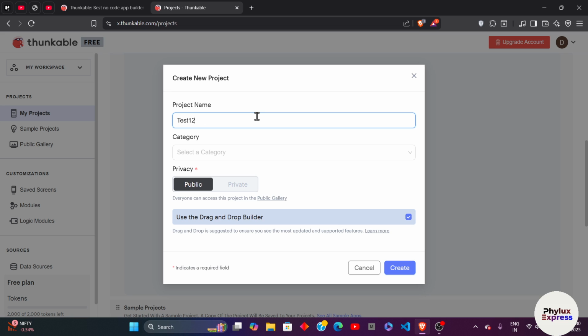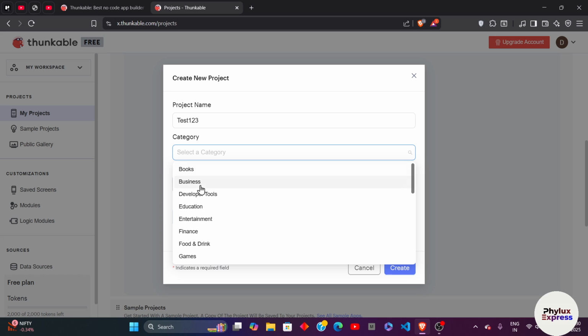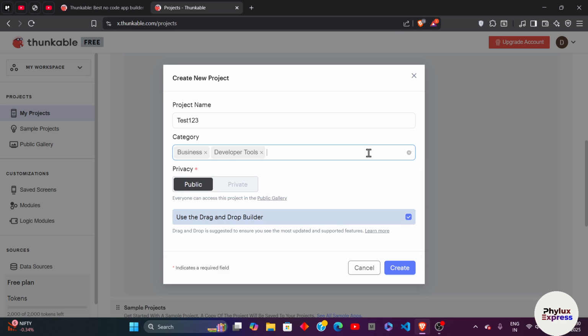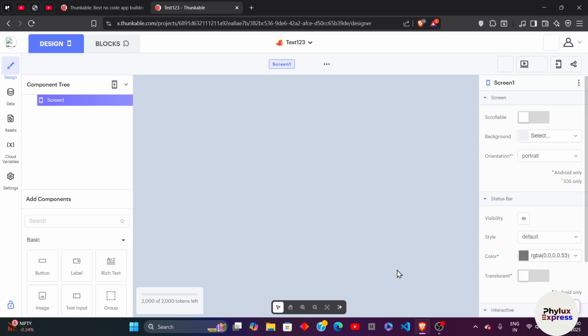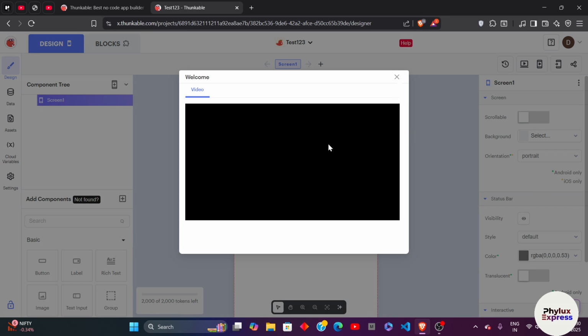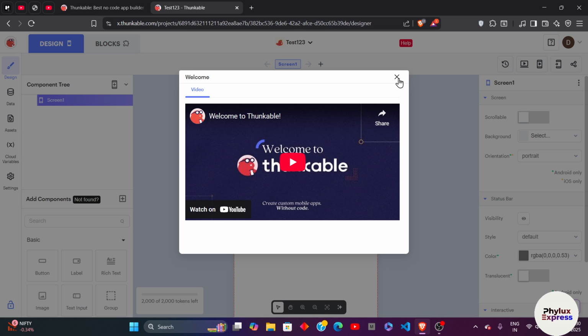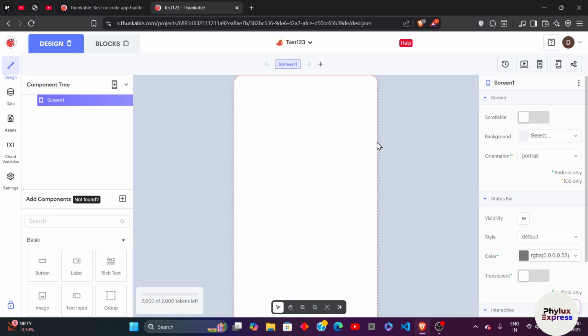Let's say I'm giving it Test123, and then I'll select a category in Business and Developer Tools. And when I am done, I can just simply set this privacy to public or private, whatever I want. I'll keep it public, and then I can use the drag and drop builder to drag and drop the things into my website directly to create my new website. I'll just click on create. And after that, this is the welcome video on the introduction to how to use the new project settings and